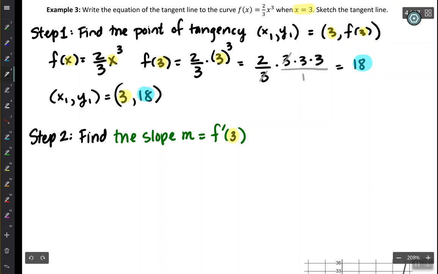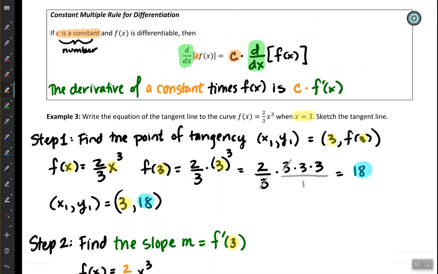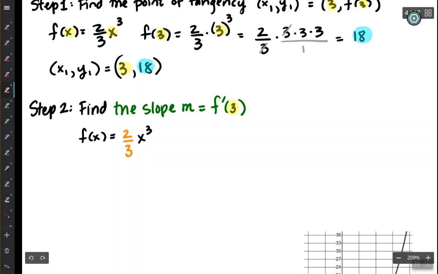So here's your f of x, 2/3 x cubed. It is a constant times a function of x, so I'm using my constant multiple rule. In fact, I'm going to emphasize it by using the orange. The derivative of a constant times a function is just the constant times the derivative of the function. So f prime of x is just 2/3 times the derivative of x cubed. I love it, power rule: it's 3x squared. Simplifying the algebra, 2/3 times 3 is just 2. So f prime of x is